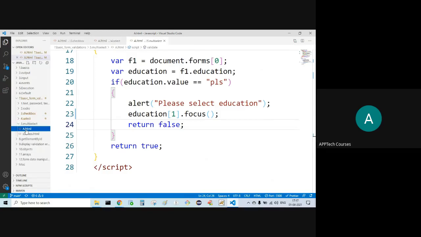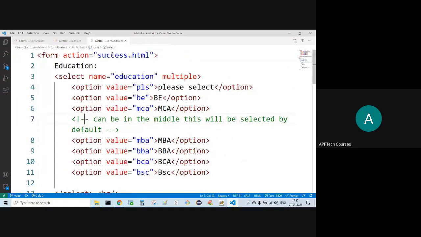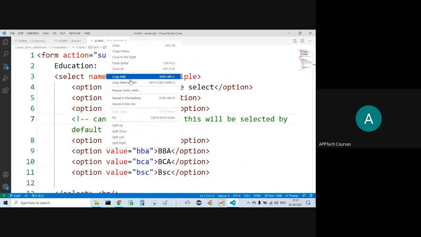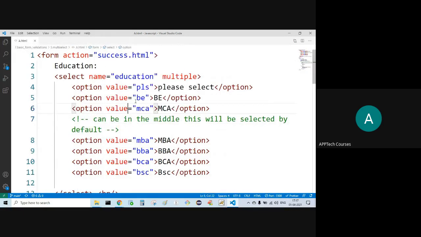Now multi-select. In case of multi-select, if I give the multiple attribute for the select tag, what happens?